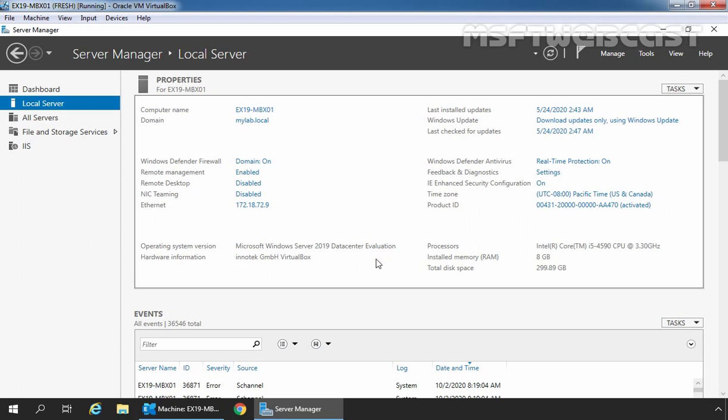In this video, we are going to see the steps on how to configure email forwarding for a user mailbox in Exchange 2019. Email forwarding settings allow us to set up a mailbox to forward email messages sent to a user's mailbox to another user's mailbox in or outside of our Exchange organization.